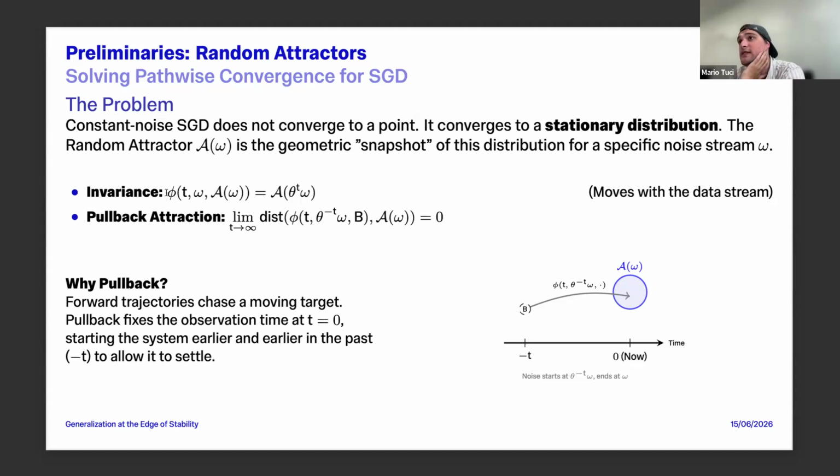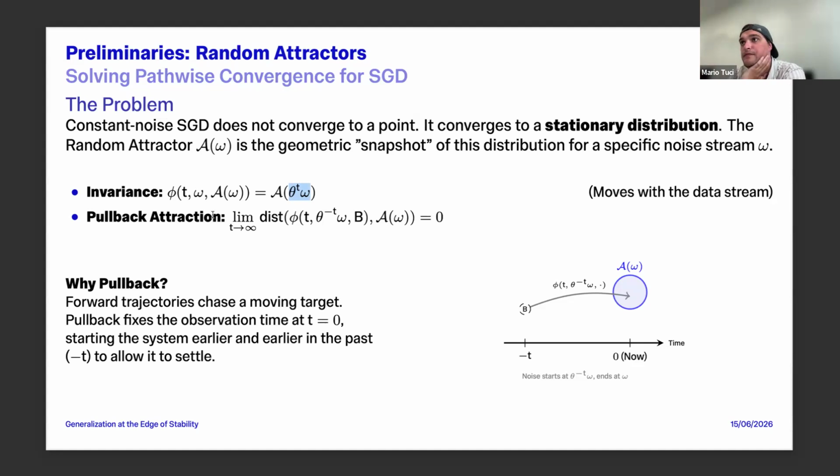One is that it is invariant. Invariance means basically that when I apply my function to the set, so it's the image of this function, then I stay in the set. Here again, because this is all a random set, it depends on this noise omega. So we need the right index again. Think again about SGD, it's just shifting the index, it just gives you the right index.